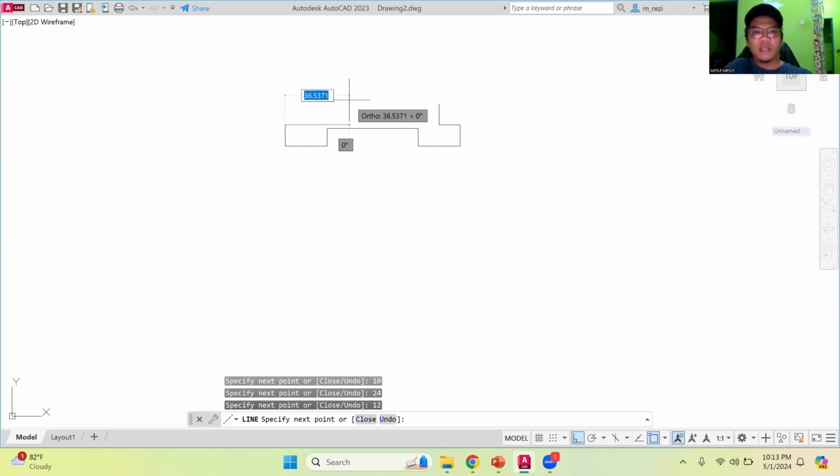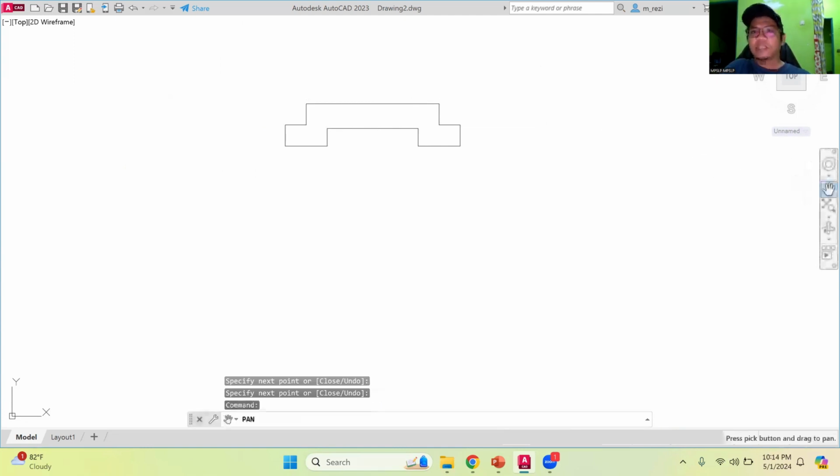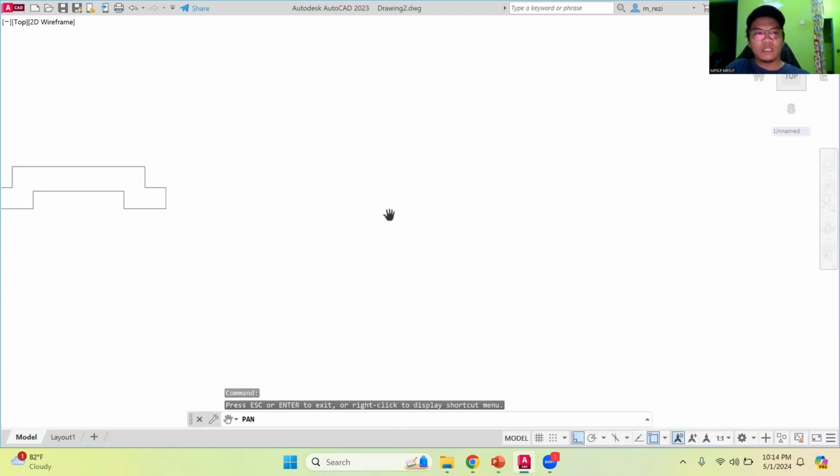12. And then 12. Enter. And then close the loop. Okay, this is the first object. The second object here is